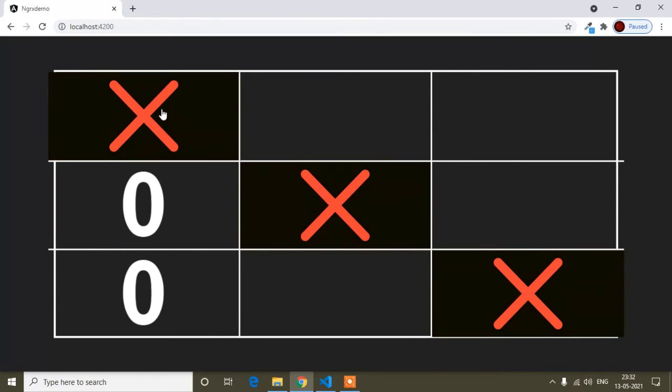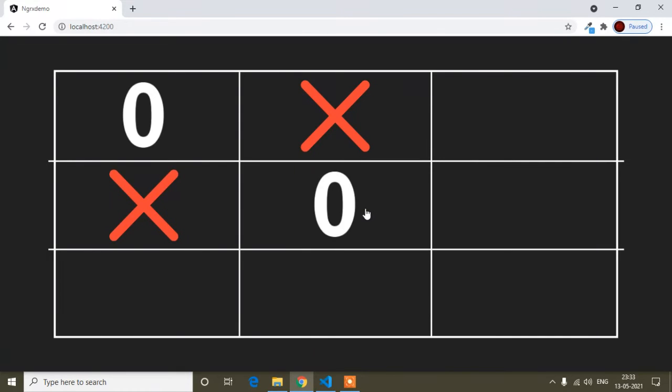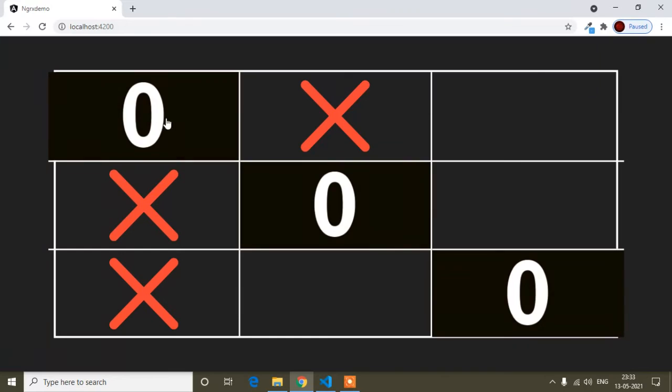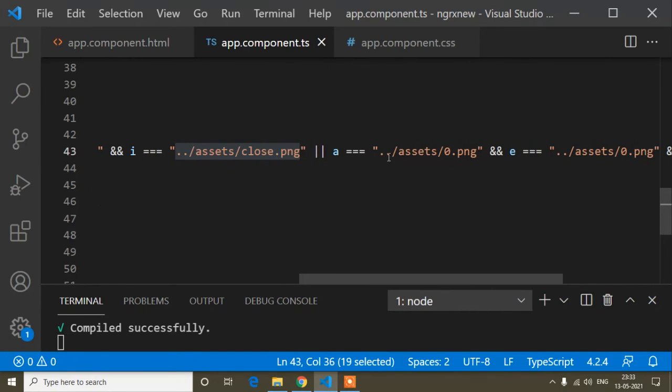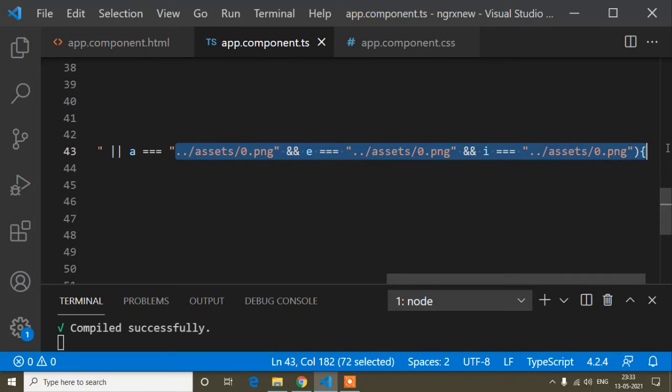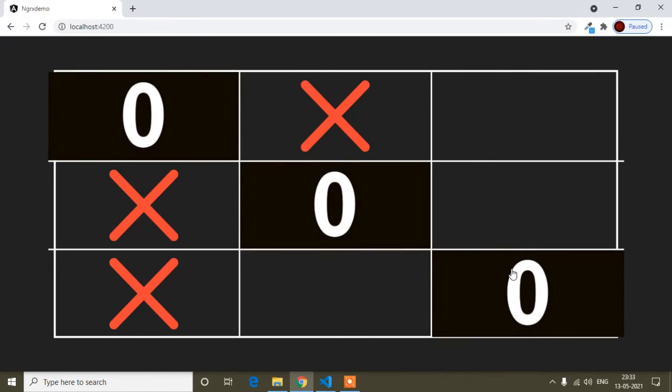So in the same way, suppose if I show the 0 also, so now press cross, here is the 0, here is the 0, and here is the 0. So when it will be matched by 0 or close icon, I can show here if it's matched by close icon, or if it's matched by, you can see this 0 icon, that time it will add this blink color. So this angle wise I have checked it.